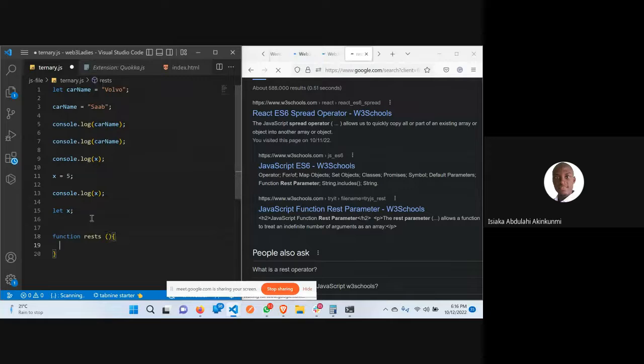Now, the symbol for rest is three dots. This is the symbol for rest. When you see something like this, it's the rest. So now I say rest like this. Now let me console.log rest here. If I console.log rest here, now when I want to invoke this function,